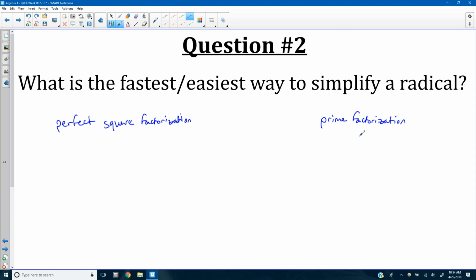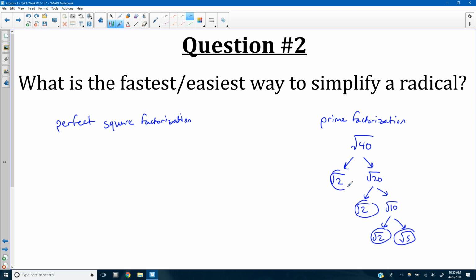But for prime factorization, even if I wanted to take something like the square root of 32, here, let's do another, like 40. I don't know. The square root of 40, you start breaking it up into factors that multiply into 40, and all these would have square roots. So something like 2 times 20, and 20 can break up into something like 2 times 10, and 10 can break up into something like 2 times 5. So you write all this stuff out, you figure out that these are prime factors here, you multiply them together,